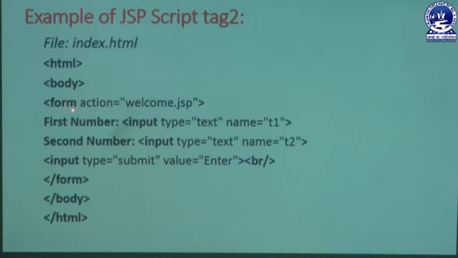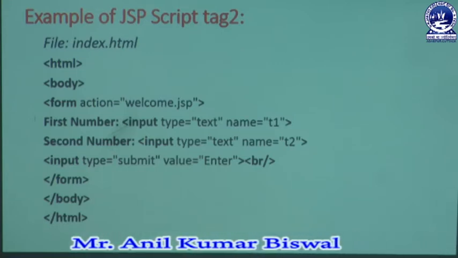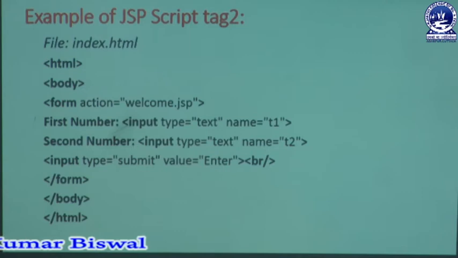Then in the form tag we have an attribute that is known as action, and in that action we specify a JSP file that is named welcome.jsp. It means we have another slide showing the related code behind this welcome.jsp, and that code helps us write some JSP-relevant code, meaning Java-related code, which helps to display the name that is input in our HTML file. We can retain each and every code in our welcome.jsp section in that slide.